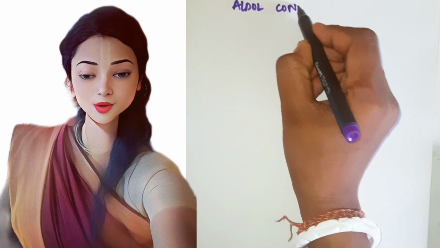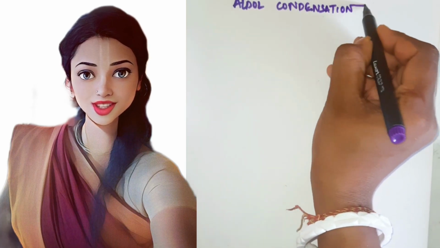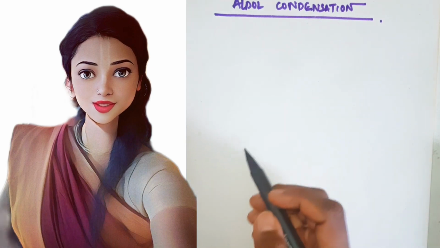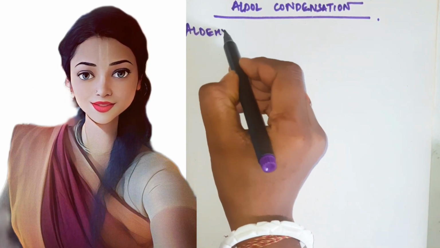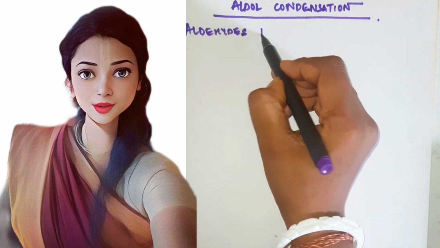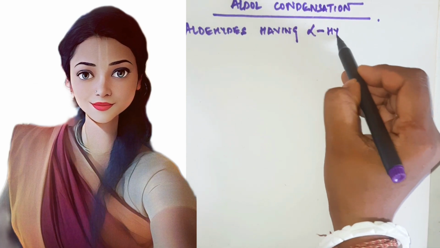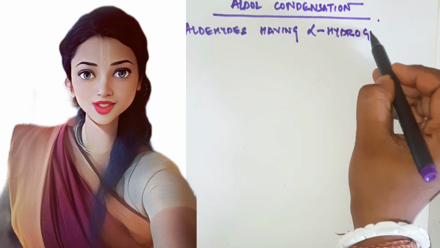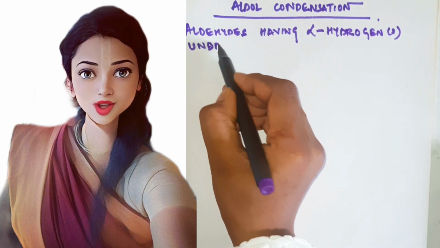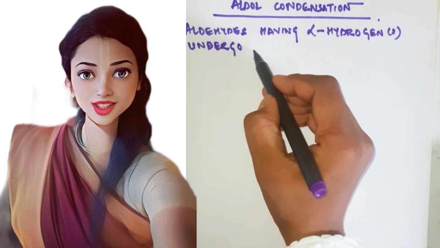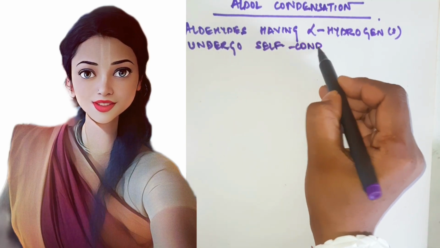Today in this video we are going to discuss the aldol condensation reaction. Aldol condensation comes in the chapter on aldehydes and ketones. The name aldol is taken from aldehyde and ketones. An aldehyde having an alpha hydrogen atom undergoes a condensation reaction in the presence of a base, which can be sodium hydroxide or any strong base, and gives a product which is a beta hydroxy